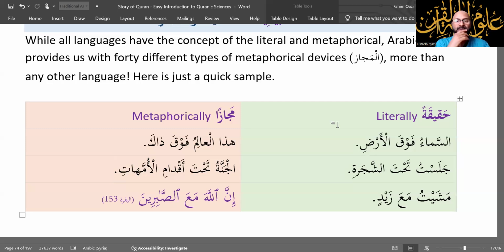But then I said, no, no, no. There must be a Jannah there because my teacher was not lying. I believe my teacher was telling me the truth. There must be a Jannah there. I kept looking and looking until I started imagining, I started seeing an image of a Jannah from the bottom of her foot.